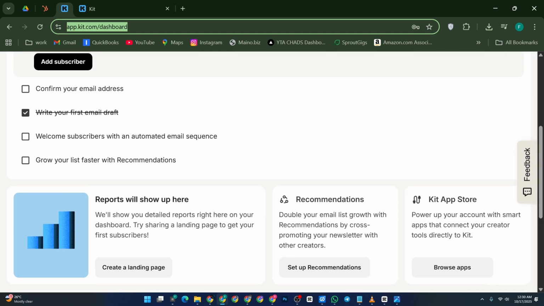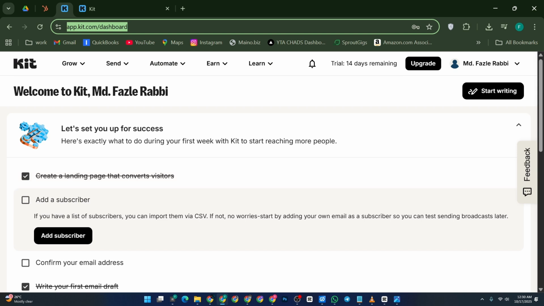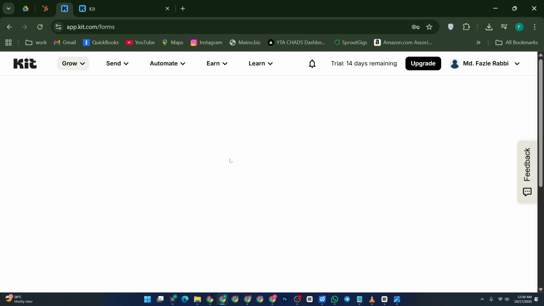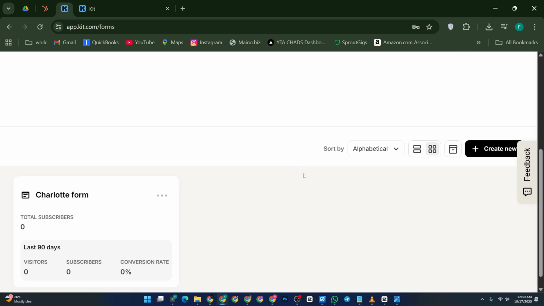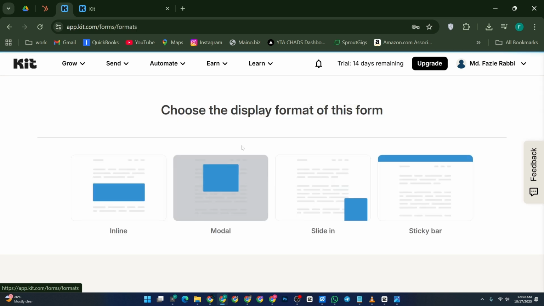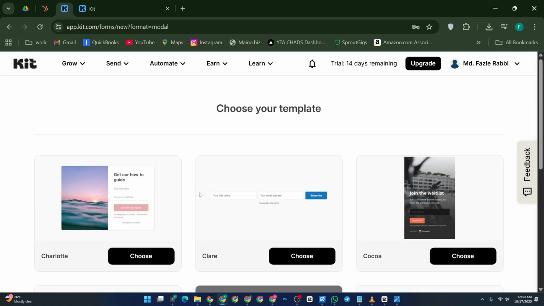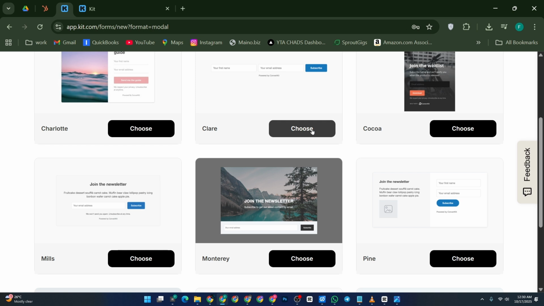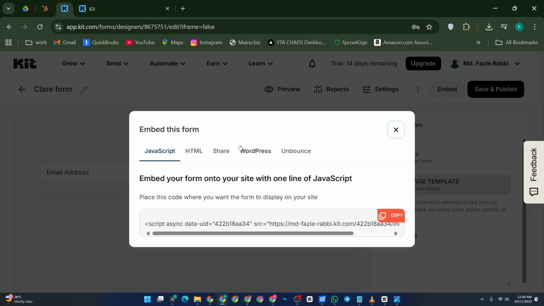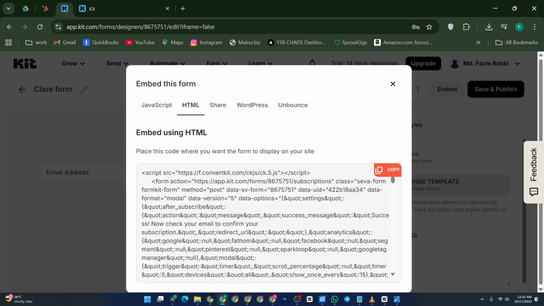To start building your email list, click on the Forms tab. Then, click Create Form. Choose between an inline form or a modal pop-up. Customize the form with your branding and the information you want to collect. After creating your form, you'll need to add it to your website. ConvertKit provides an embed code that you can place on your site, or you can use a landing page hosted